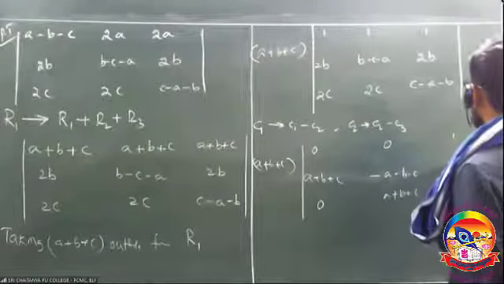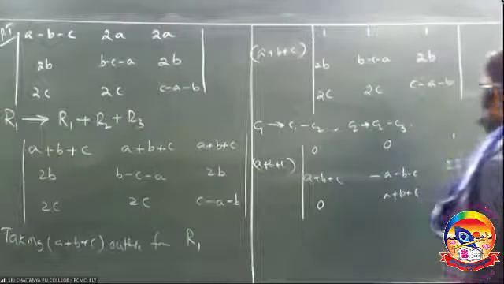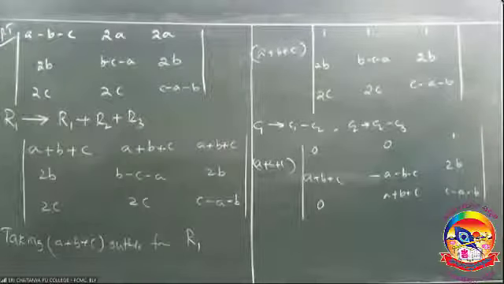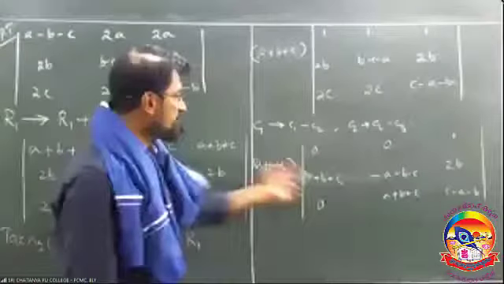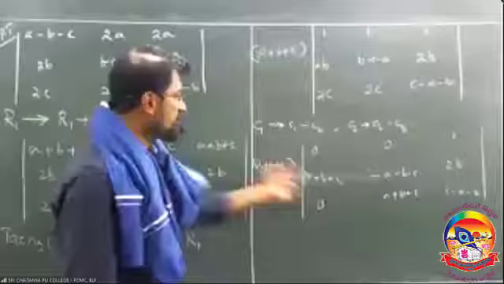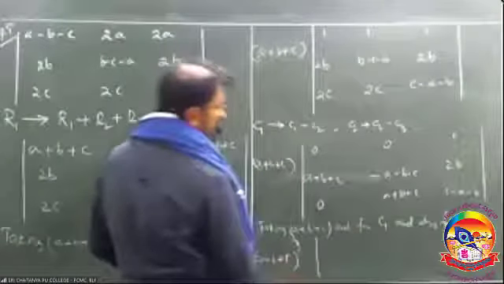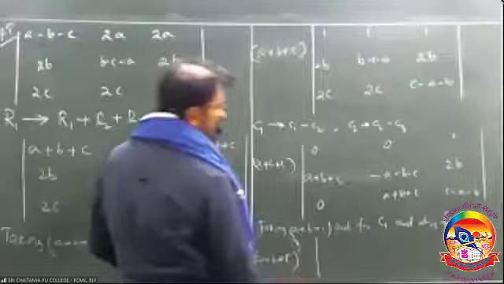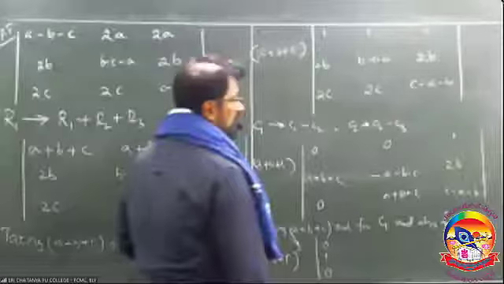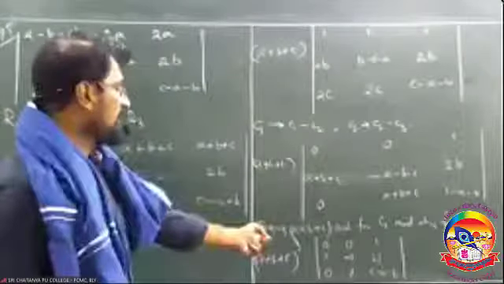And here this column is as it is. Taking A plus B plus C outside from the first column, and another A plus B plus C, it becomes a square; another A plus B plus C, it becomes a cube. The remaining determinant has entries 0, 1, 0 and 0, B, C minus A minus B. So you get the determinant value as 1, and the answer is A plus B plus C whole cube.